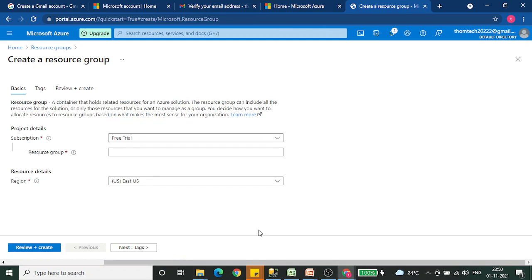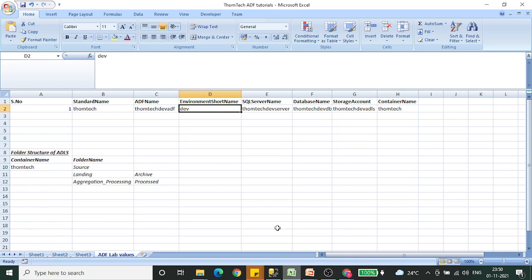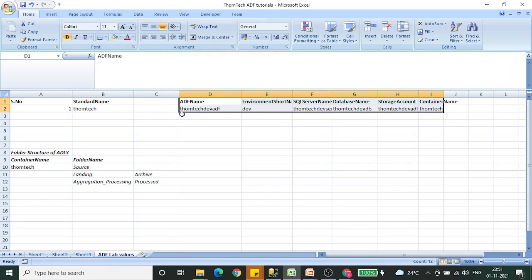So first of all it will ask for the subscription, which subscription it has to select while creating the resource group. So I have selected this and now let's provide a resource group name. For that, I have created a cheat book and let me just check whether we have an option to pull out a proper naming convention. Let me add this for a resource group.